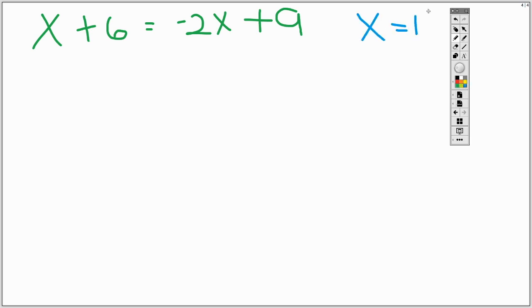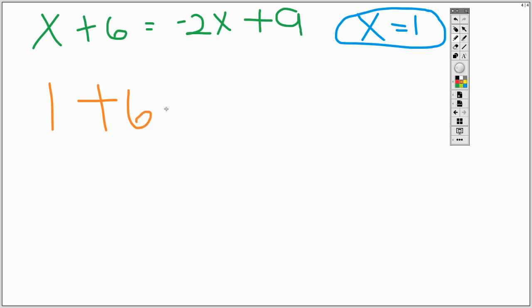So I'm going to rewrite my equation, which was x plus 6 equals negative 2x plus 9, yes, plus 9. And our answer, which we got, was x equals 1. So basically, it's just the same thing, because negative 2 times 1 is going to be still negative 2, right? So that's quite lucky. But I'm just going to still rewrite, so x will be replaced by 1